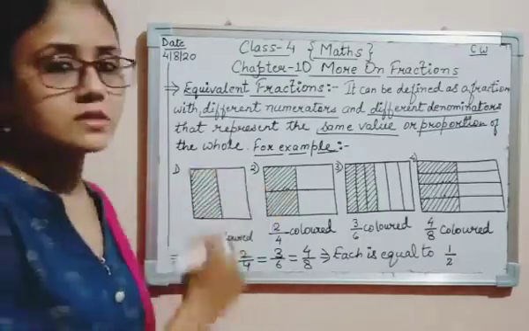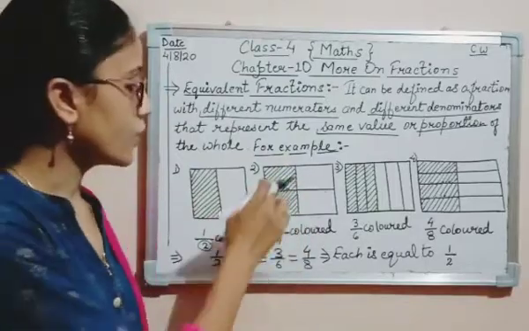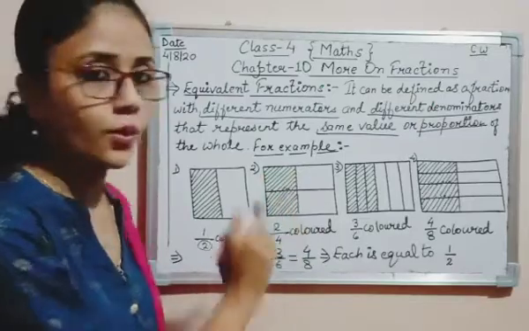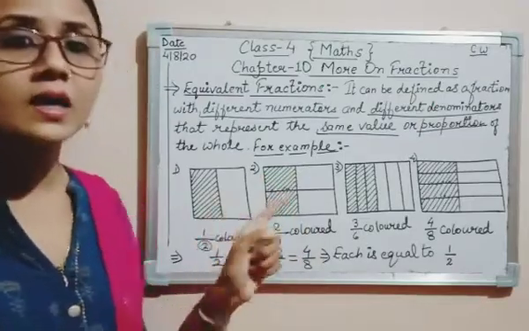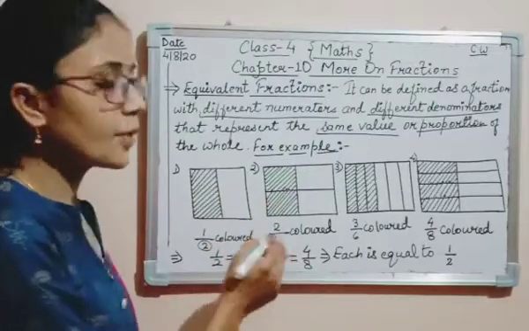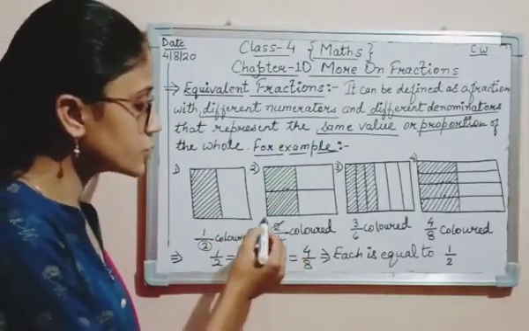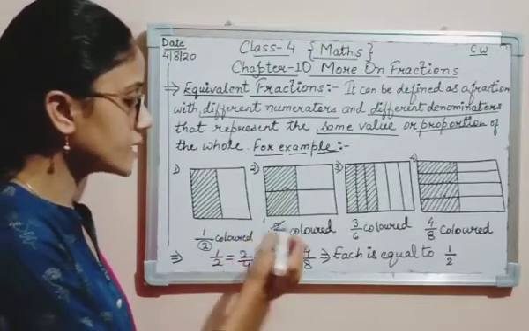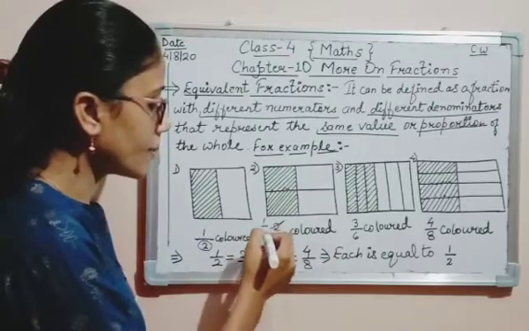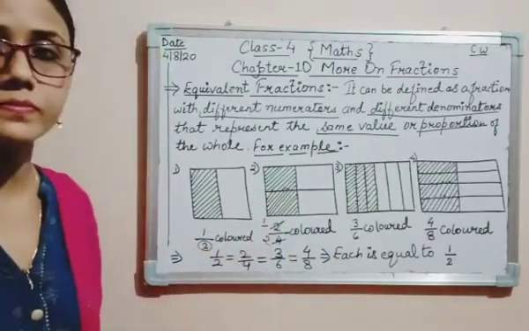Now see the next. Here how many parts are there? Whole 4. 1, 2, 3, 4. Isn't it? So 4 parts. How many parts are colored? 2. 2 upon 4. If we cancel it, 2 1s are 2, 2 2s are 4. Again, the answer will be what? 1 upon 2. Answer क्या हो जाएगा? 1 upon 2. See, the same.